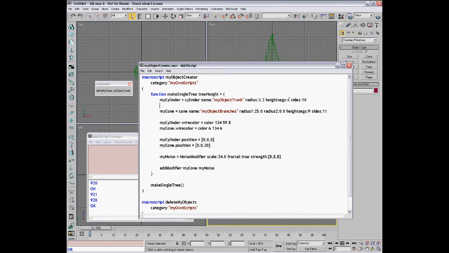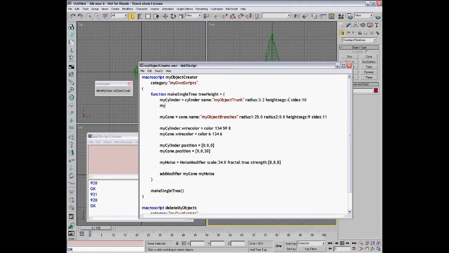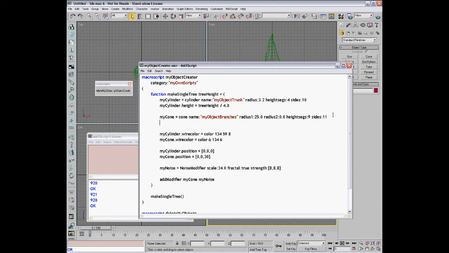There we go. And now I'll add an extra line here. My cylinder dot height should equal tree height divided by 4, and my cone dot height should equal tree height,